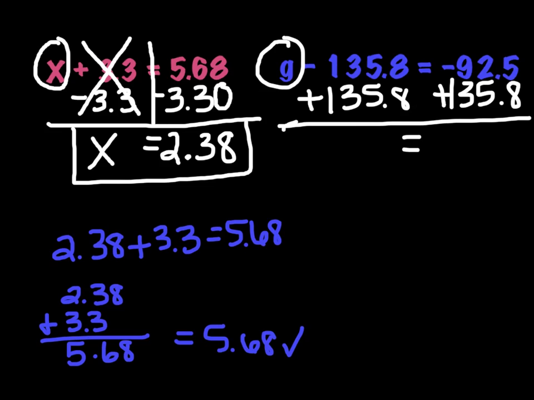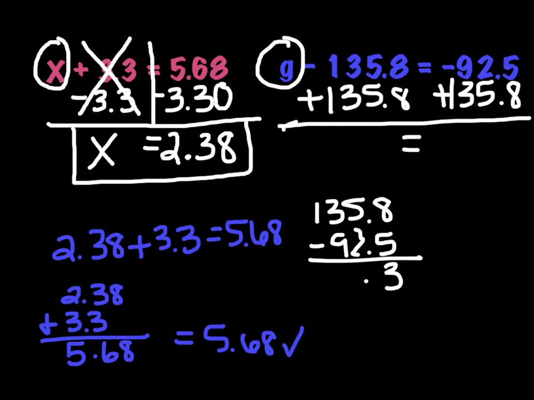The operation that I do when I add positives and negatives together is subtraction. So I am going to go off to the side and do 135.8 minus 92.5. Line up my decimal,